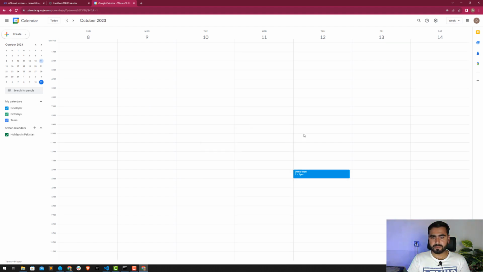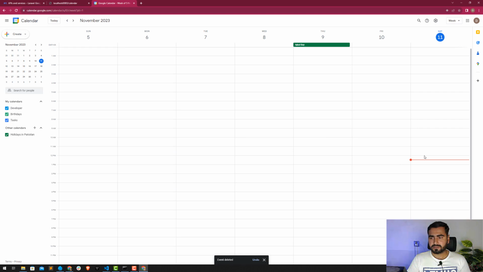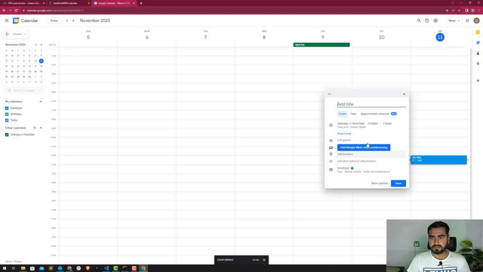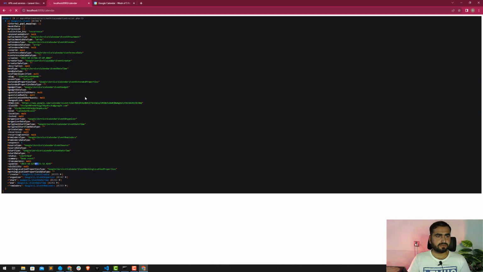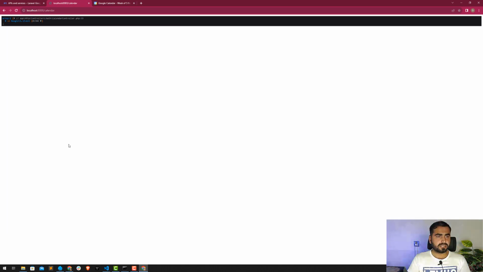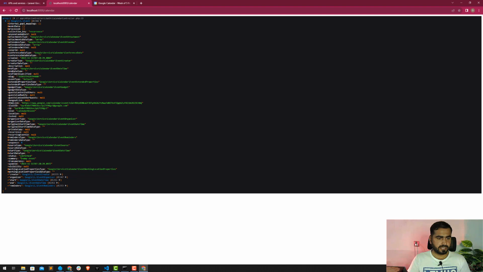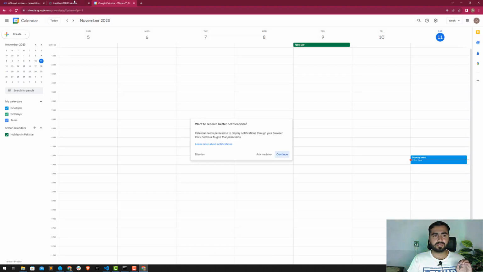So I'm going to now delete this event and I'm going to add this in the current date today. So let's add this here, dummy event. Let's click on save, and yes, this one is added. So now let's give it a refresh to get all the tokens. So we only have one event, the dummy event, the date is this one, and we are successfully able to get